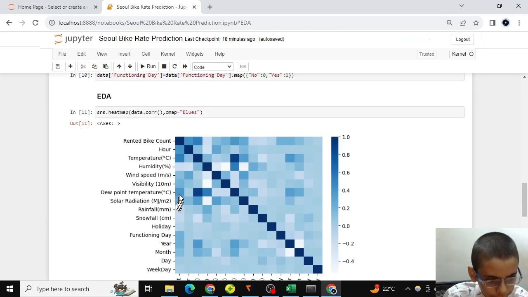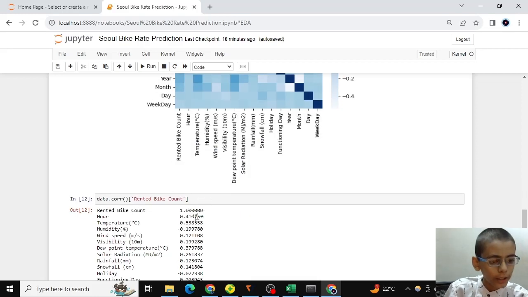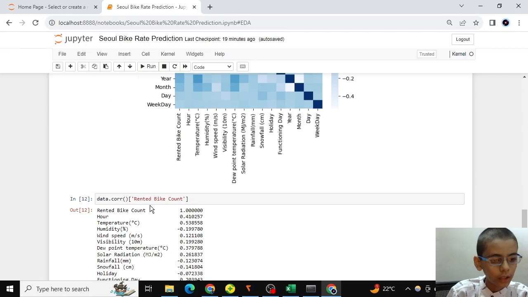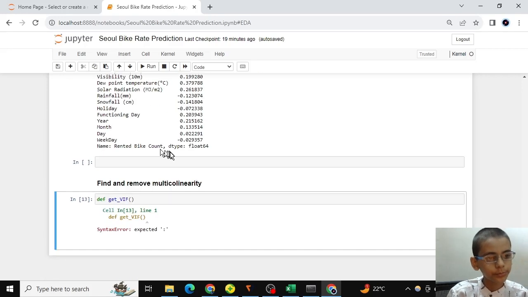As you can see, we have a strong correlation between dew point temperature and temperature. So for that, let's find our dew point temperature versus temperature correlation with our y column.